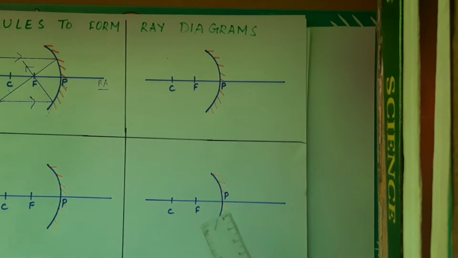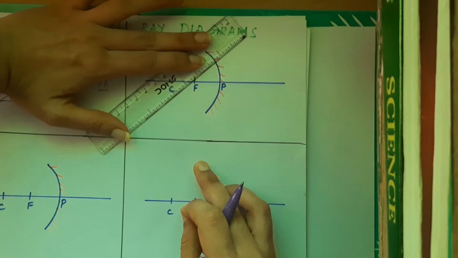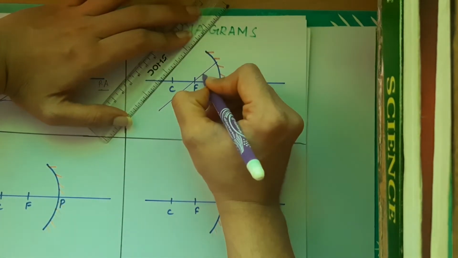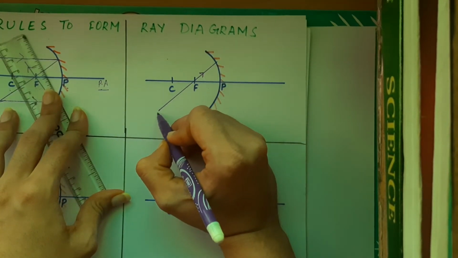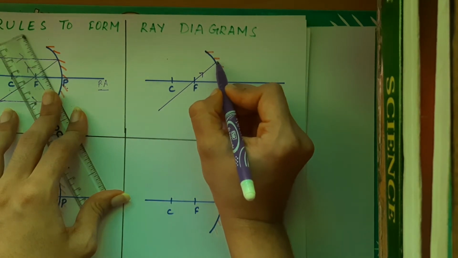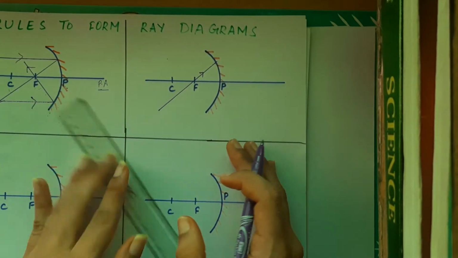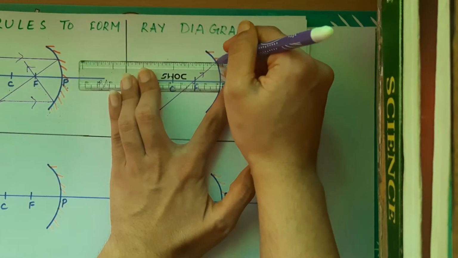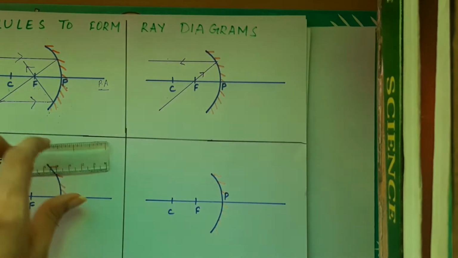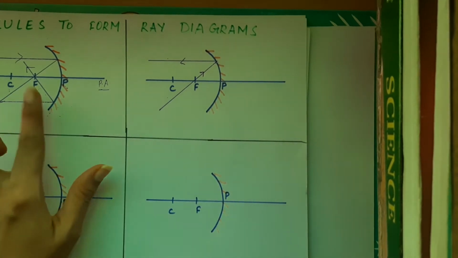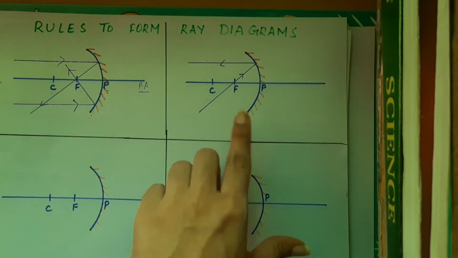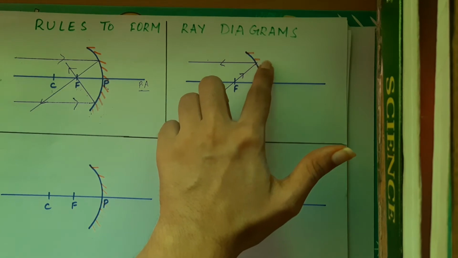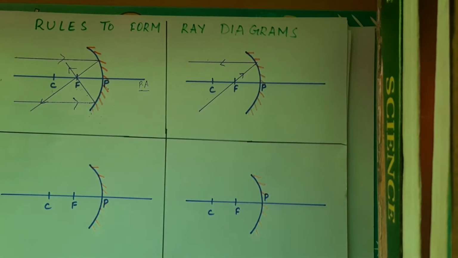The second rule is basically the inverse, the reverse, of the first rule. If the ray of light is coming and passing through the focus, just see the arrow which I am making. The arrow indicates that the light is coming from here and going through the focus, and then it is reflecting at this point. After reflection, what will happen? It will go parallel to the principal axis, which is just the reverse of the first case we did here, right? The light was coming parallel to the principal axis, and after reflection it goes through the focus. The reverse is that if the light ray is going through the focus, after reflection it passes parallel to the principal axis. So this is rule number 2.